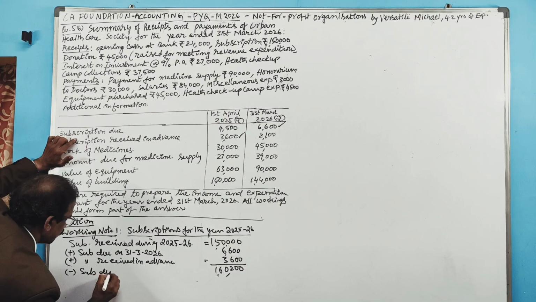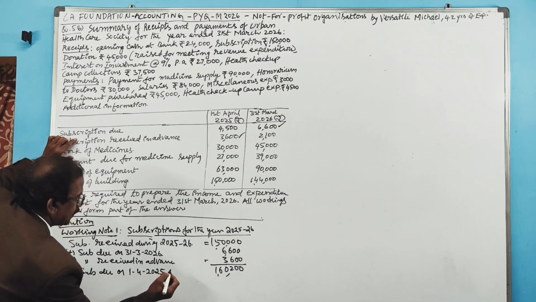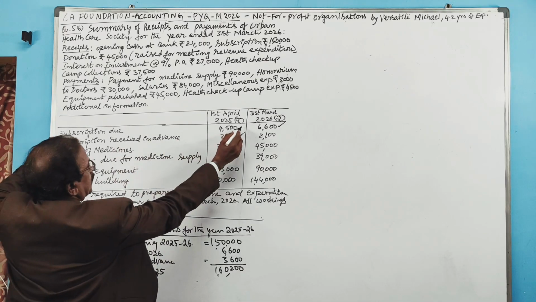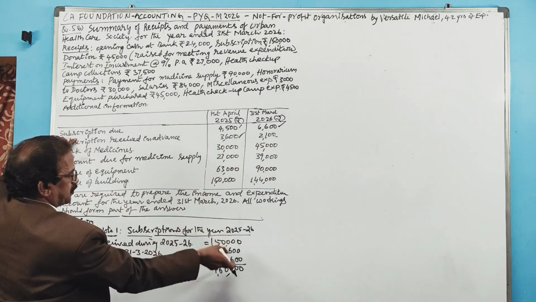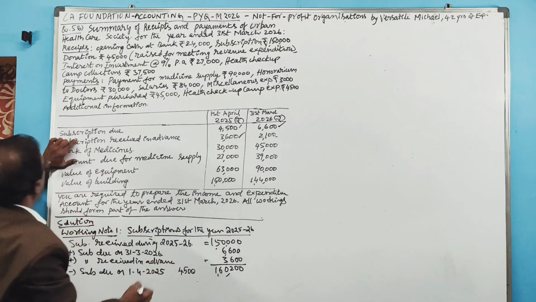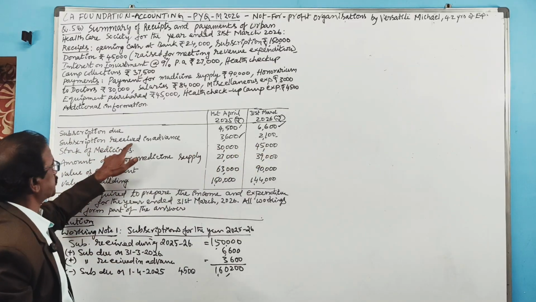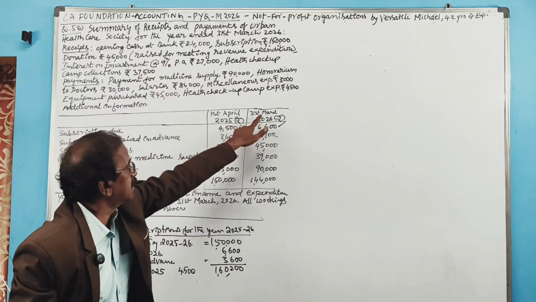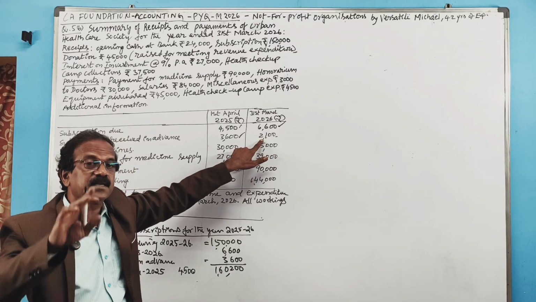Subscription due on 1/4/2025. Take this in the inner column because this item and this item total we have to subtract. So 4,500 and this is what? 2,100. Subscription received in advance as on this date means on this date there is an advance, which is